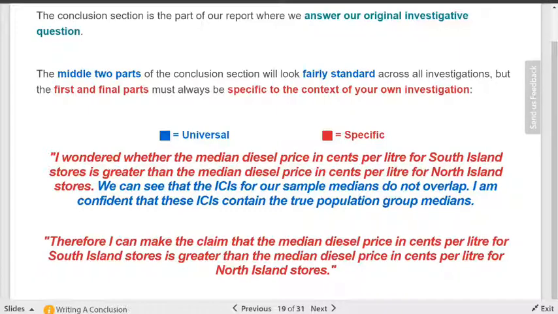The blue part, copy and paste. I can see that for sample medians do not overlap. Now that's a little bit of a misnomer because what if they did overlap? You can't put did not. So that should be ICI, informal confidence interval. That was the thing we looked at last time. That's informal confidence interval. That means the space where the population